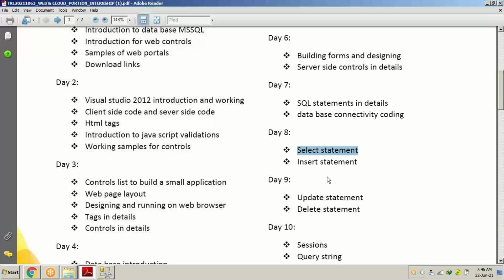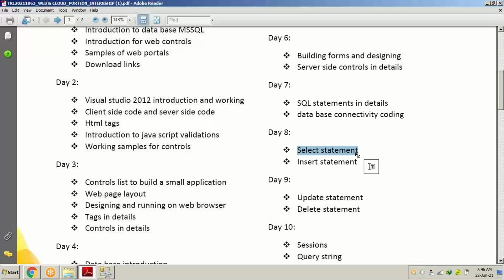So today I will use some SQL statements. I will break down some SQL statements and use the where clause and many things to make you understand how to retrieve data from the database. The same SQL statements we will use tomorrow in our project to do the same thing in ASP.NET controls. Today I will discuss SQL statements in detail, and the select statement only.